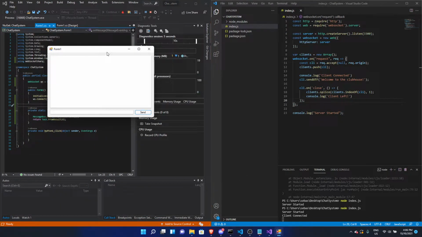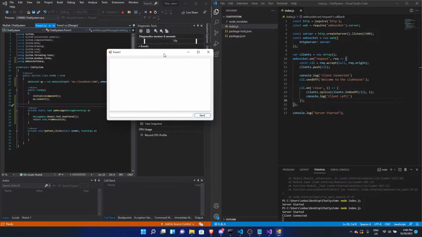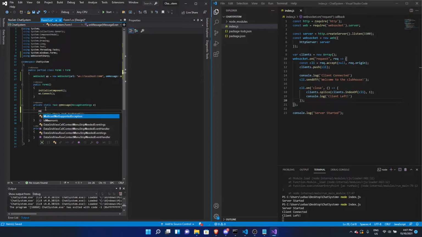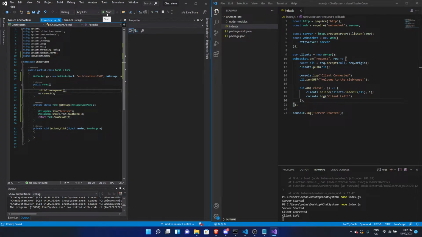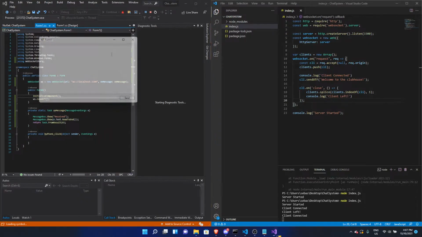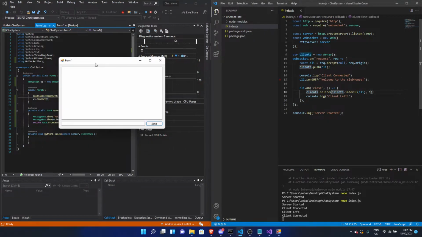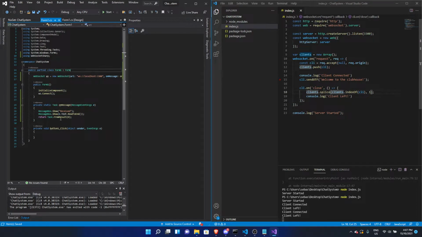Client connected. We don't seem to have gotten a message, though, which is disappointing. Client left. Okay, well, I think I'm sending the message too early. So, what we'll do, when we press this button, we'll send